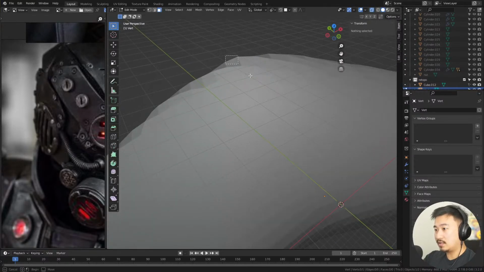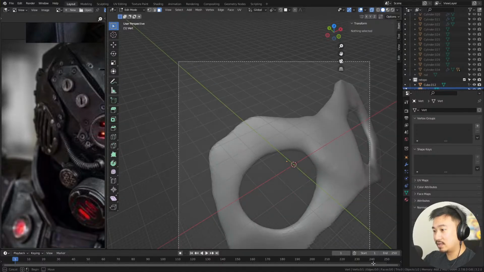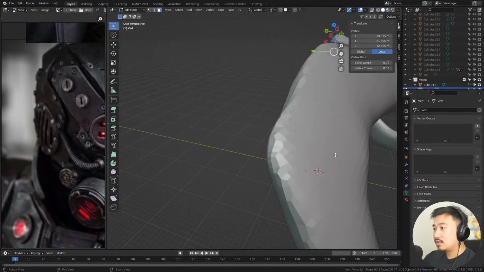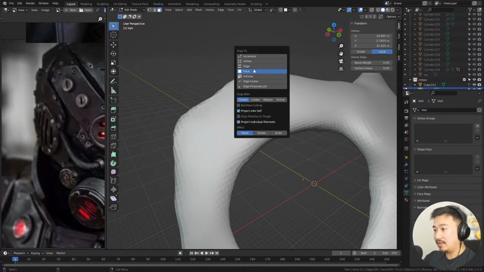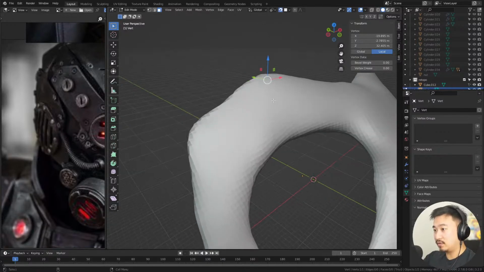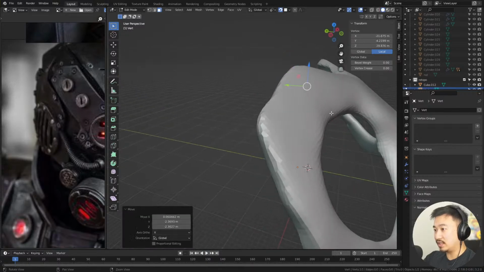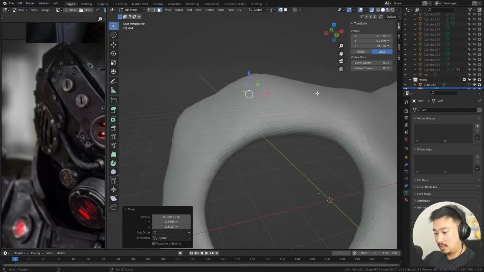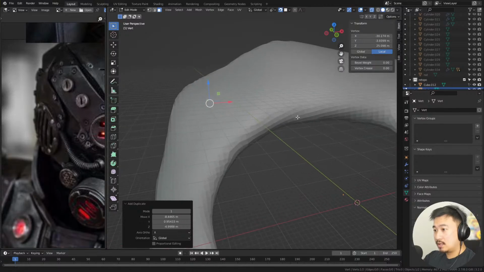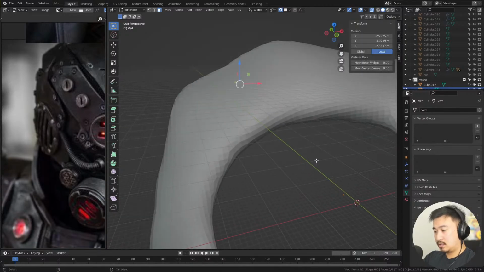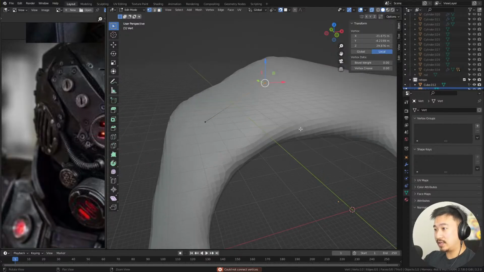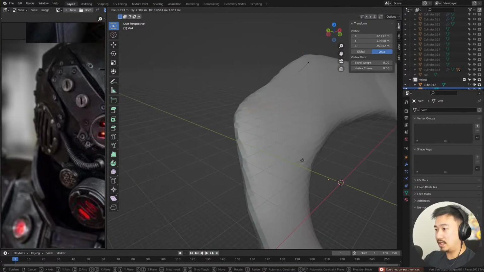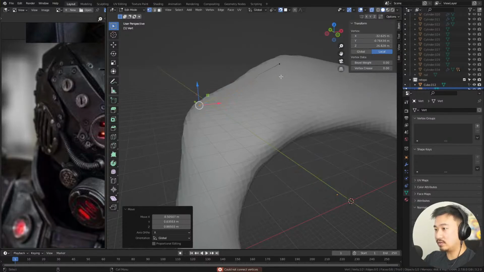Hard to see this one tiny single vert, but it is there by the looks of it. And I might even just turn on snapping for good, so whenever I move things around, it just stays snapped. There we go. Now I can see them. I had edge view on, so